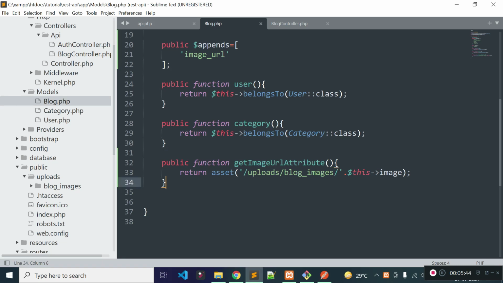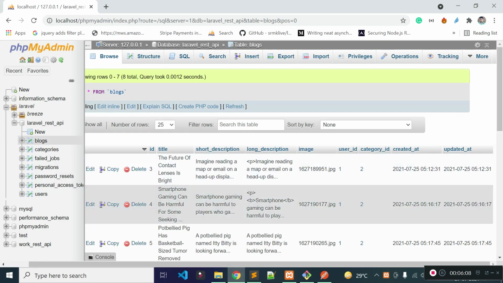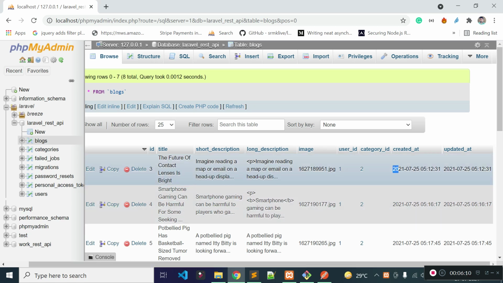I will add another JSON key for each blog. I will add a human readable time for the blog creation date. Okay, so I will create another attribute called human readable created at. We have a created_at field inside our blogs table. Okay, so this time is not human readable.